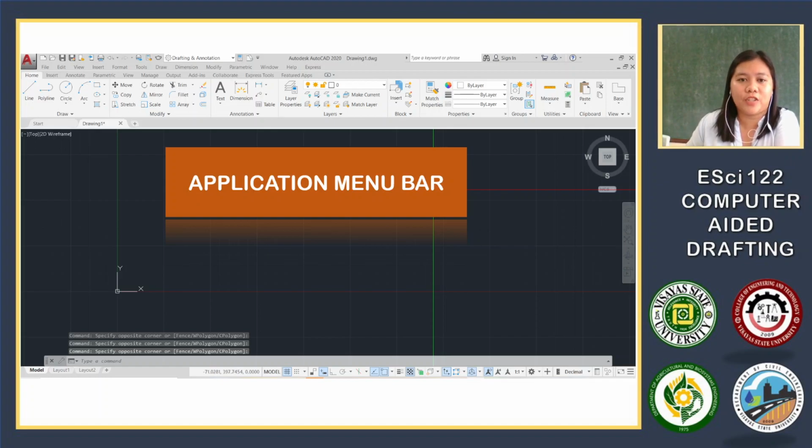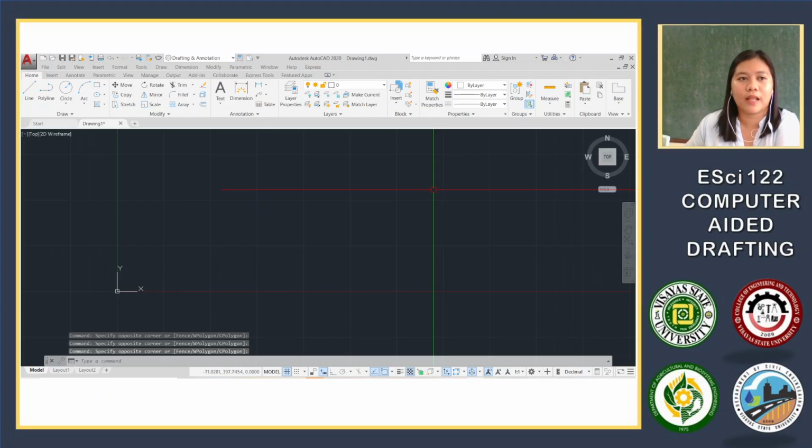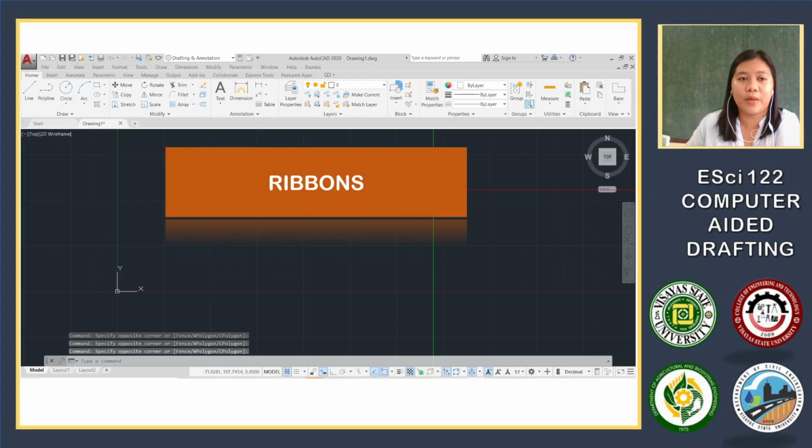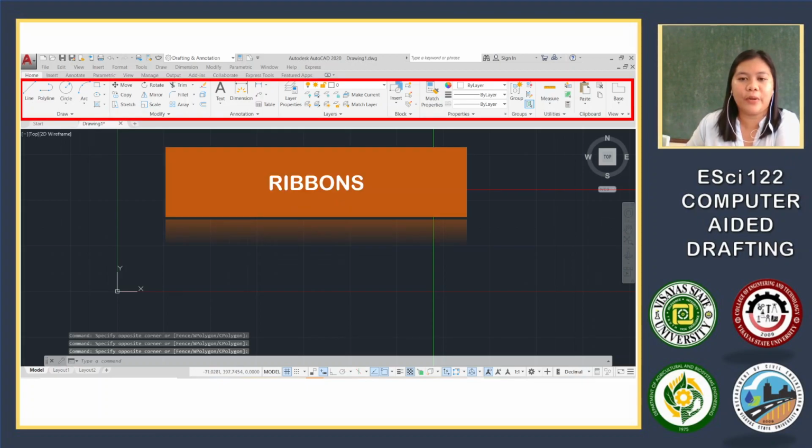Next is the application menu bar. Okay? So, as you can see, this is our application menu bar, the icon that says AutoCAD. Okay? So, this AutoCAD application menu offers different options along with the default quick access toolbar option as stated. Next is the ribbons. Okay, so this is your main toolbar area where you will find all tabs in panel